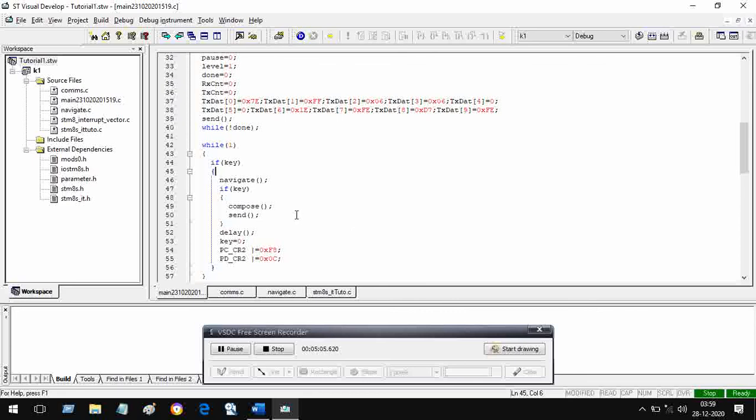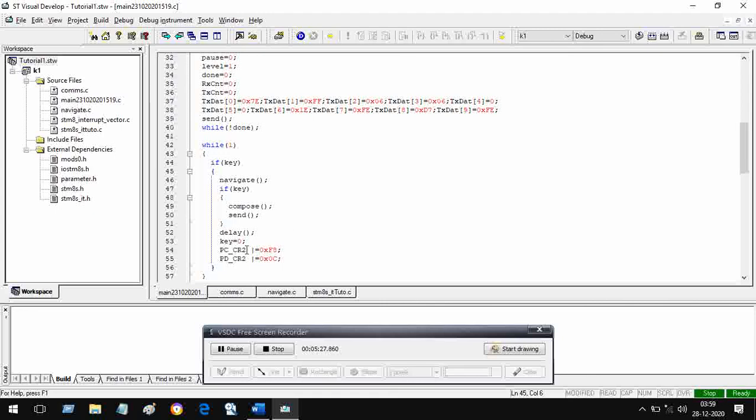By disabling interrupt. And what is the other step you have done? Then you added some delay. In fact, you respond to the key, which involves some time consumption, and then you put a delay. Having done this, you have overcome the bouncing phenomenon of the keys. And having done this, you again enable interrupts.